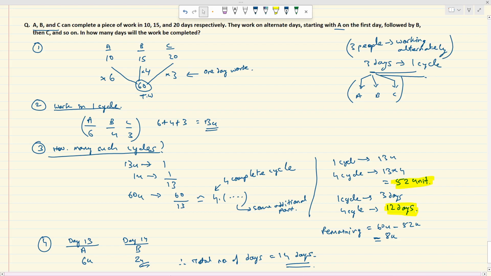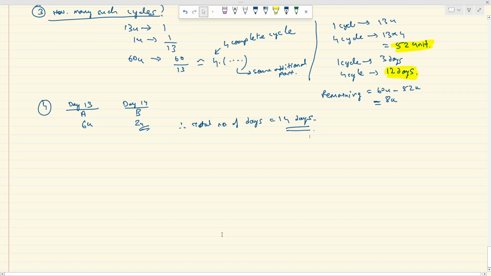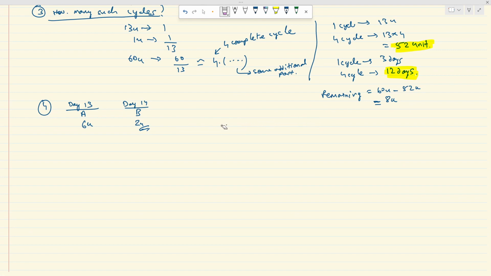सॉरी, नॉट 14 days, क्योंकि B can... यहाँ तक सही है, यहाँ तक सही है। 13 डे पे ए ने 6 यूनिट काम कर दिया, रिमेनिंग इज 2 यूनिट्स, तो 2 यूनिट्स इज रिमेनिंग, ओके। इसलिए बी को करना है,